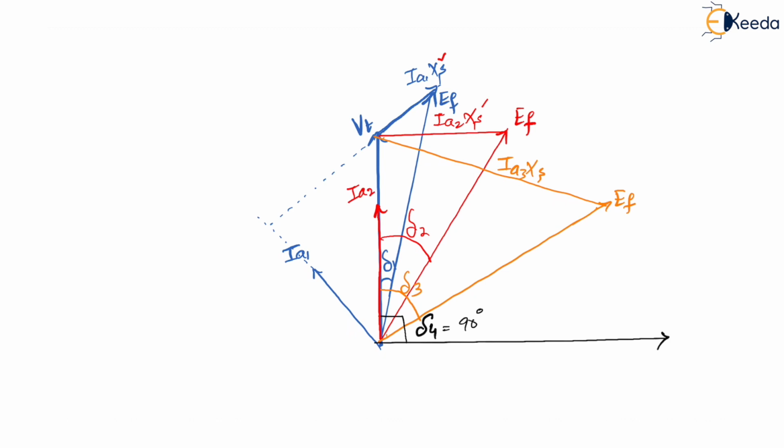Now let us consider Ia3. If we think of Ia3, 90 degrees to my this thing, it will come like this. 90 degrees to my orange line, 90 degrees to my Ia3 axis this way. So what will it be? Ia3 will be this one. Furthermore, even more increased. This is going to be Ia3. Correct or not? Yes sir, this is Ia3.